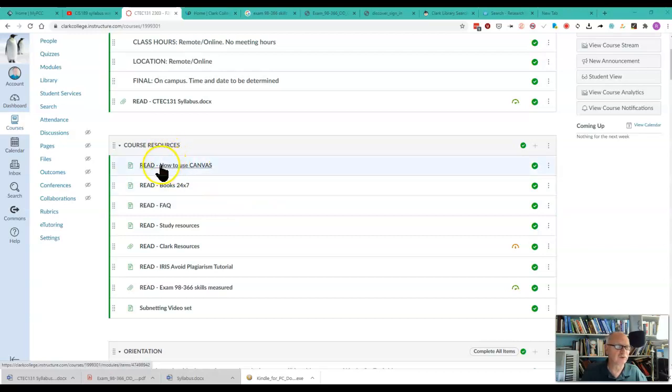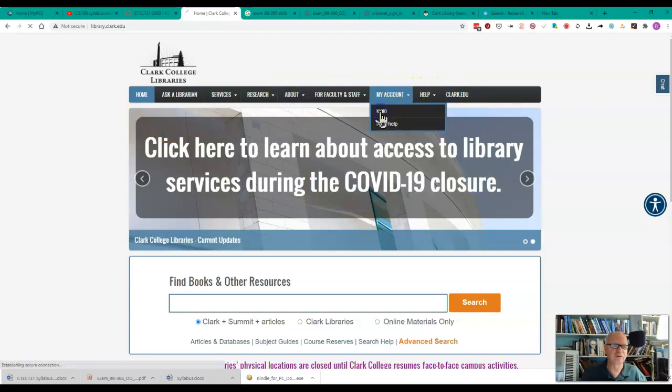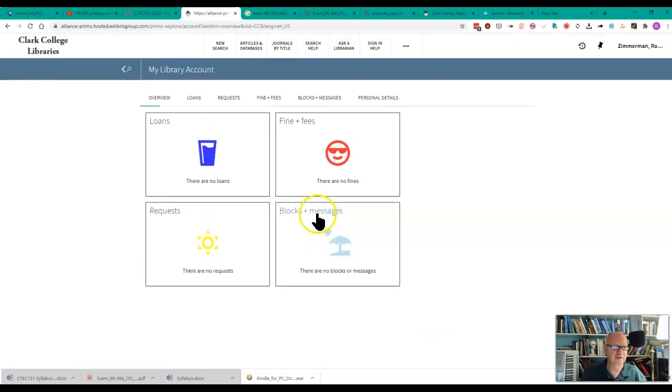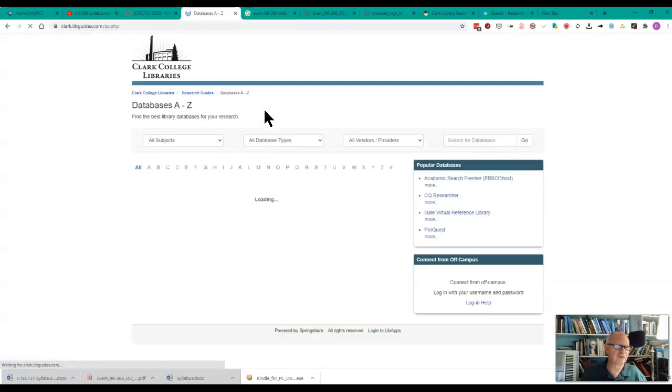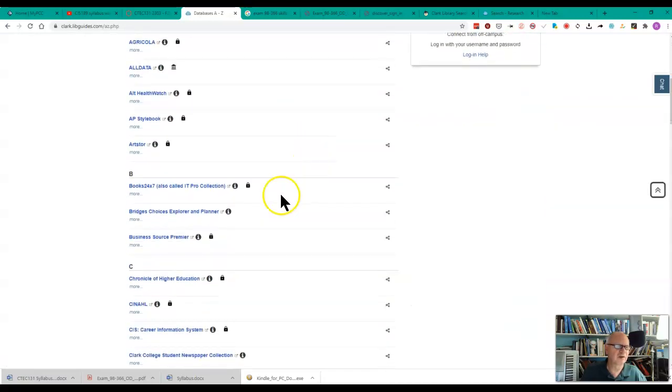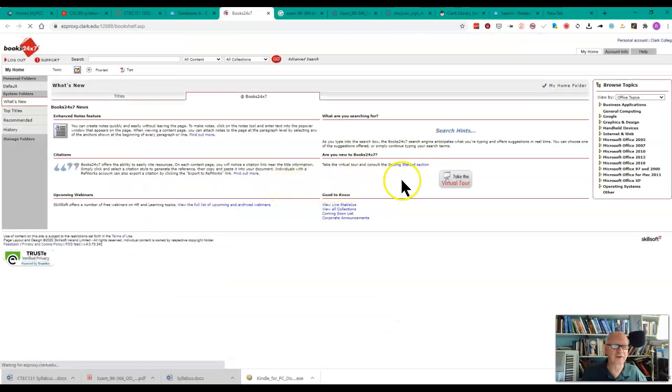Next we have course resources, how to use Canvas, Books 24/7, which is something I highly recommend. In order to get there, you'll go to the Clark College library. You'll log in with your account. I'm logged in now already, and then you can go up here to articles and databases. Now if you are at this page, you'll go to research, articles and databases. Once you're on articles and databases, you'll go down and click Books 24/7, also called the IT Pro collection, and